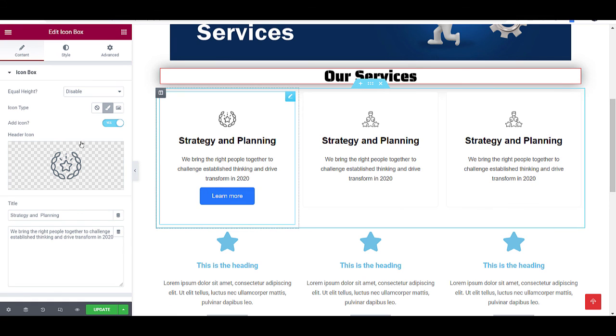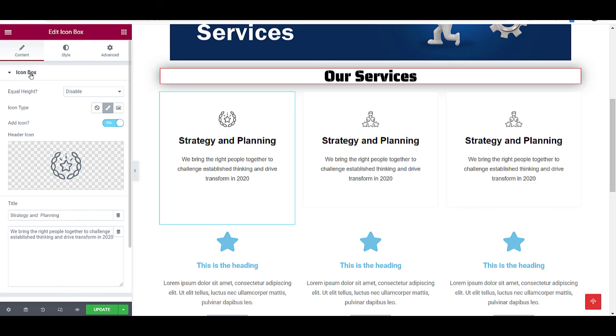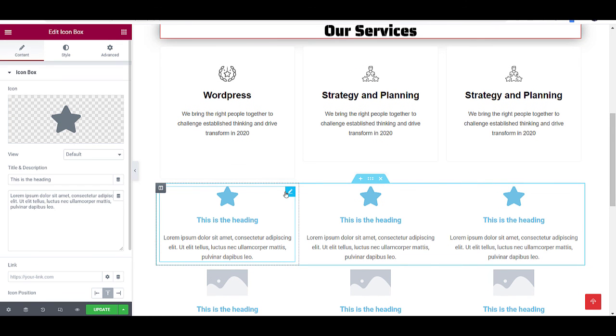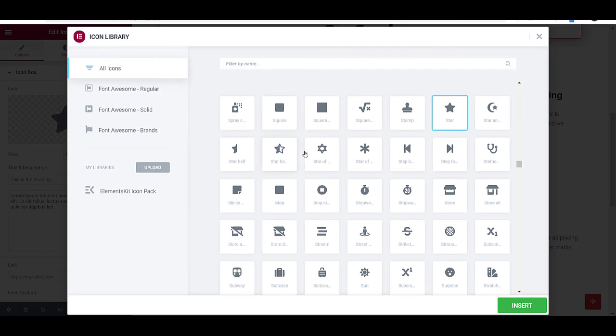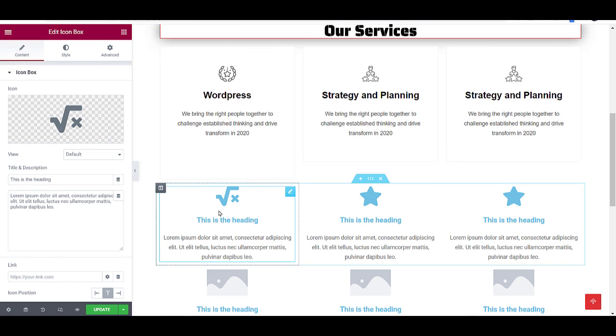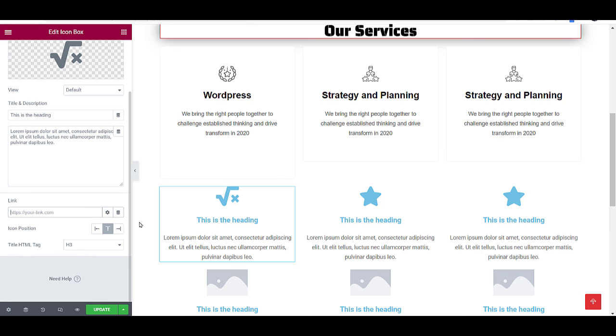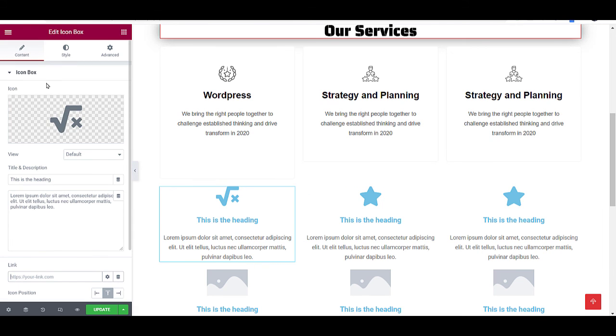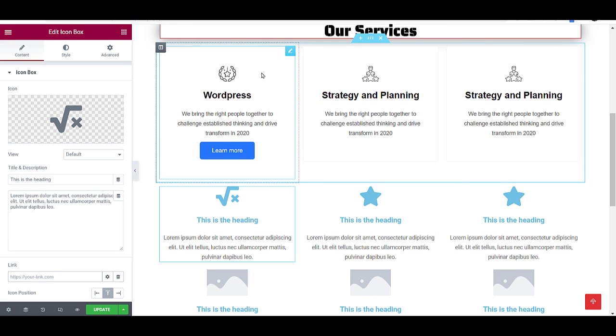You can change your title also. For the title, got it, same you can do with this. You need to change, you can choose this, same for the title. And here you don't have any option to add a button. Okay, so better, that's why I recommended you try this kind of box.